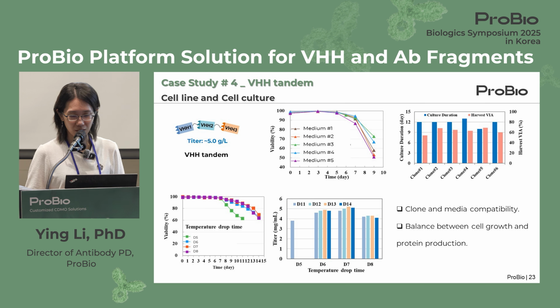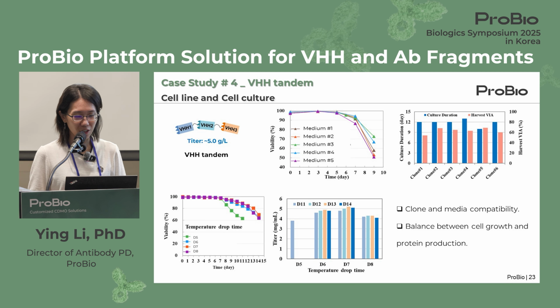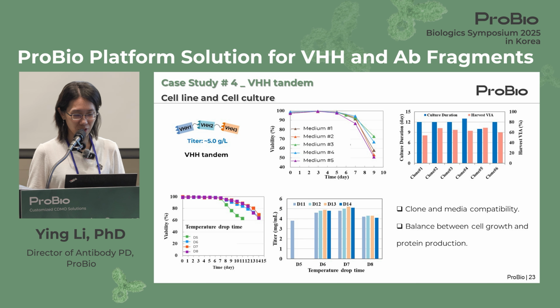And I think this is the last example. This is a VHH in series. So the titer is not bad at 5 grams per liter, but it took us quite a lot of effort to get here, because initially when we did the cell pool screening, we saw this molecule is probably difficult to fold or express, and we saw a very significant drop of cell viability at the medium